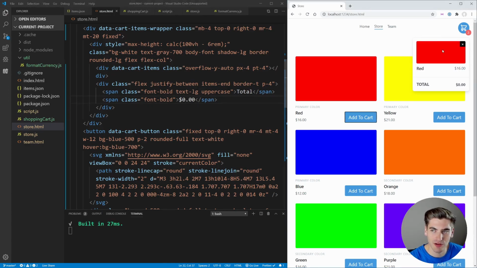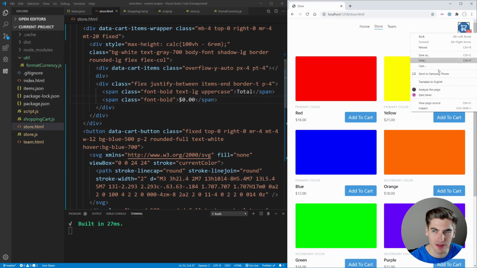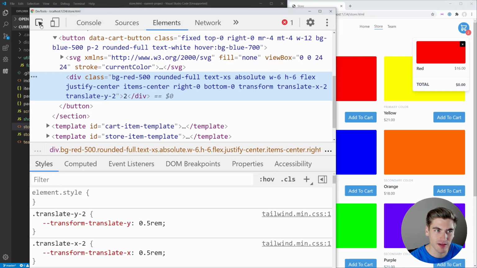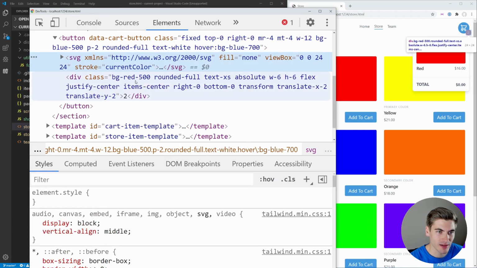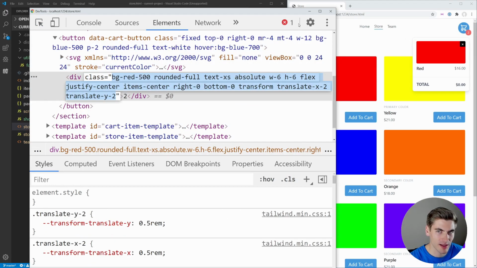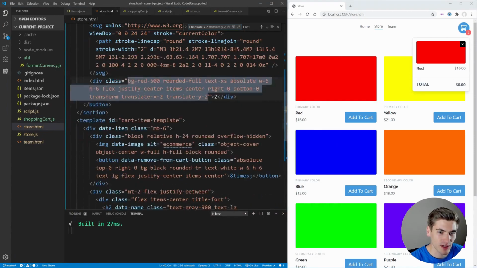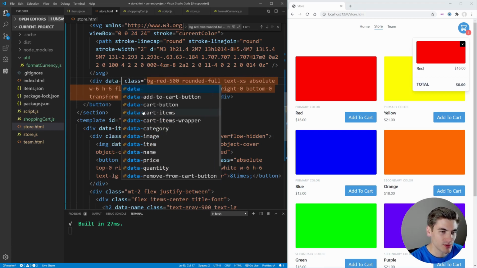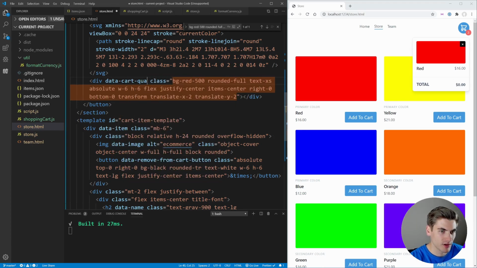Now when we add something, you can see it shows up in our cart, but our icon here for calculating the number of items in our cart is incorrect. So let's find where this is. If I just do a simple inspect, select it like this, you can see it has this massive class. So let's just select this class by copying, doing a search, and boom, here we go. We have our item 2 here. This should just be blank for now because we're going to populate this in JavaScript, and we'll say data cart